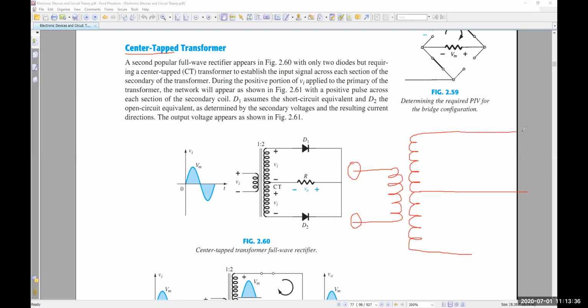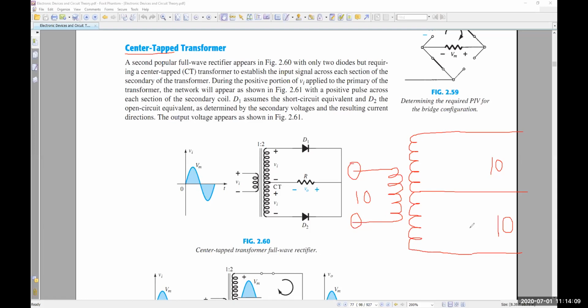if you take voltage from these two, here, how many turns do you have? 5, right? How many turns do you have here? 5, right? So if you give 10 volt here, how much should you get? 10, right? So 10, 10. And again, if you take output from here, how much will you get here? 10, right? So this is called a center tap transformer.